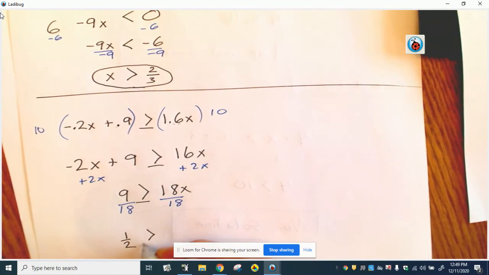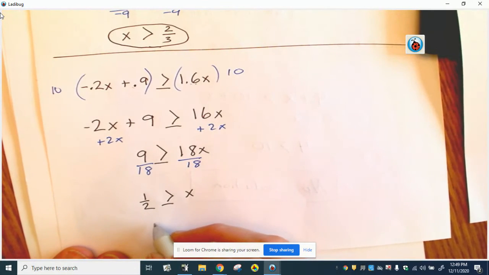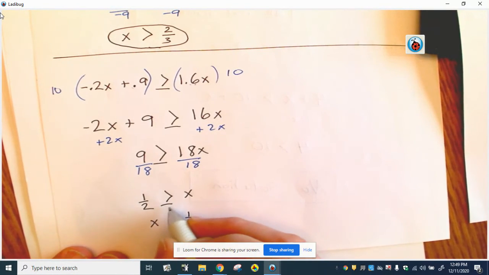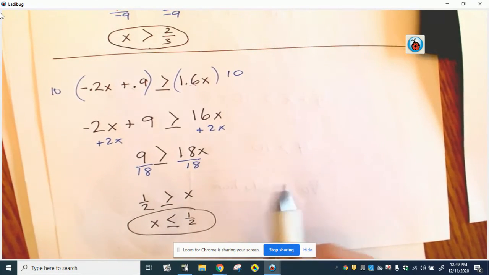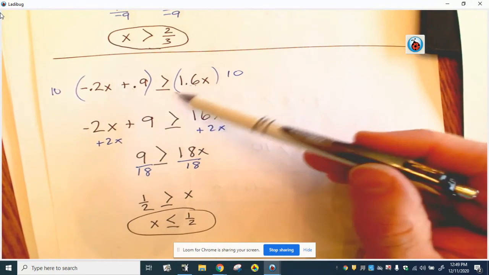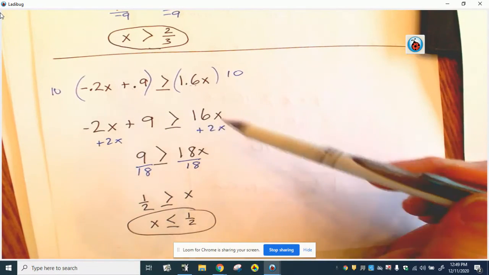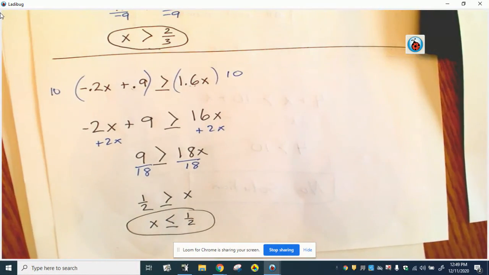But notice, now we have the x on the right side. We don't like to leave our answer like that, so we'd want to flip that. And then because I'm flipping it, yes, we have to flip the sign. Okay? So, again, from here, it doesn't really matter if you add the 2x or if you minus the 16x, you'll get the same thing. If you do it this way, you just end up with the x on the right. You got to flip the sign. Okay? So other than that,